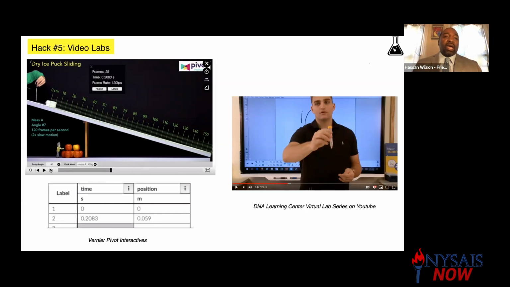With Pivot Interactives, there are recordings of certain experiments, and you are allowed to slow down the video and collect data on that experiment. So this experiment is someone dropping an ice puck down an incline. And Pivot gives you tools that you can use. So there's a